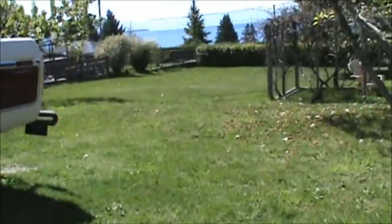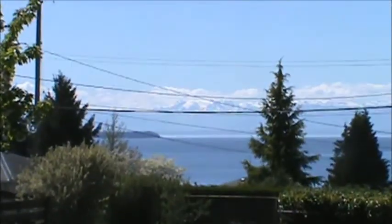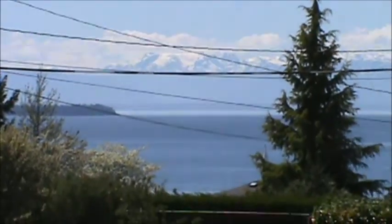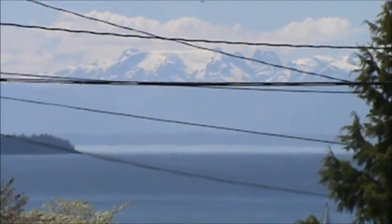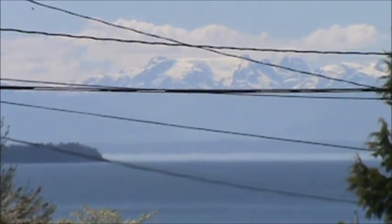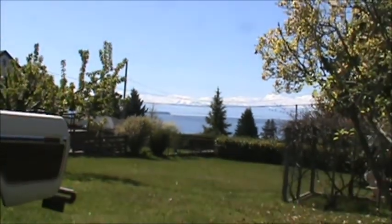It's another beautiful day here on the West Coast, as you can see. And just a little quick thing, I don't think I've ever done this, but I don't know if that'll come in very well. If you can see that, that's Forbidden Plateau. Look it up, Forbidden Plateau. I don't know if it'll come in any clearer, I can't even tell. I've got the sun in my eyes, but whatever. Anyhow,